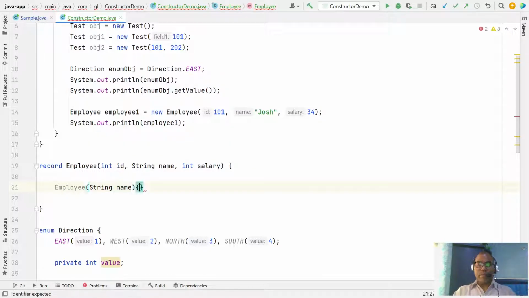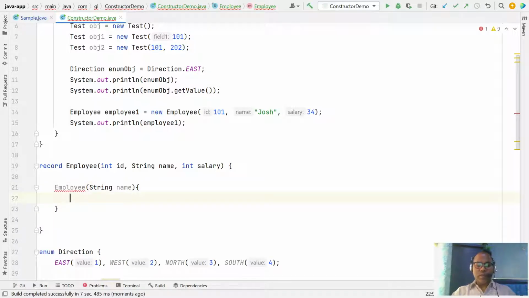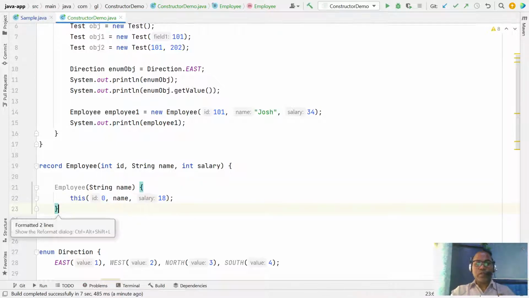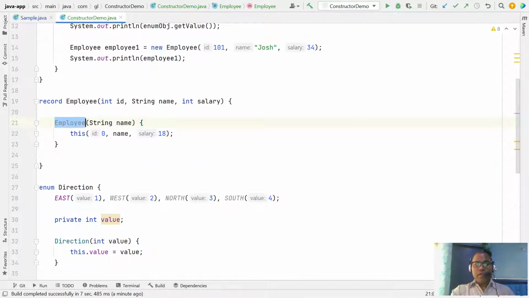So here you have to invoke this, with the default id as 0, then the name, and the default salary 18. So this is the way you can define it.